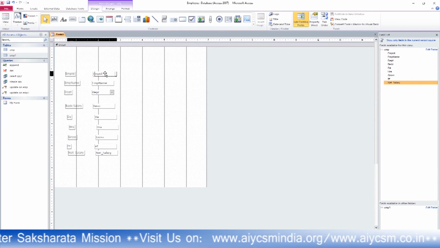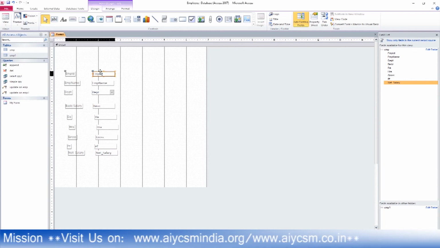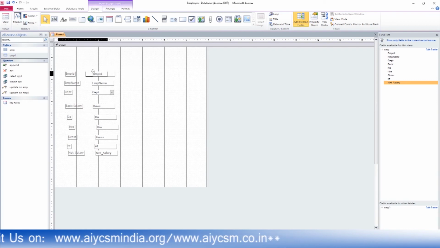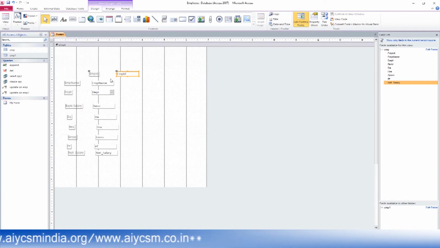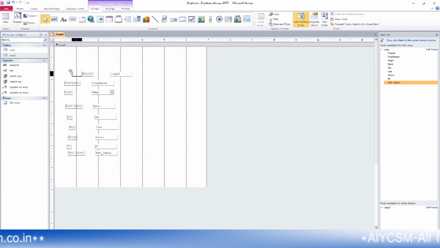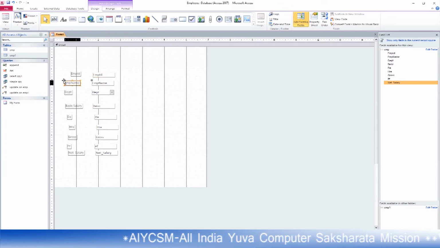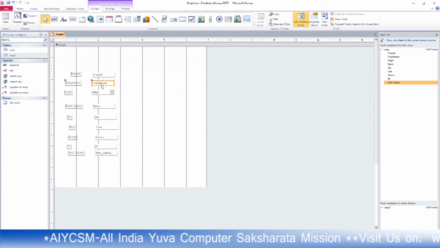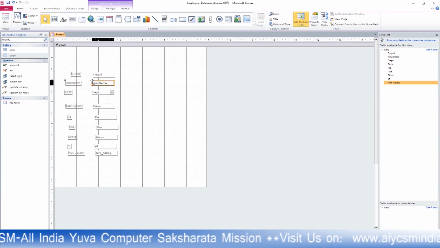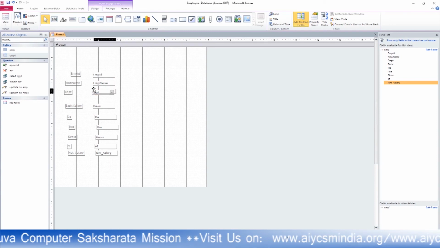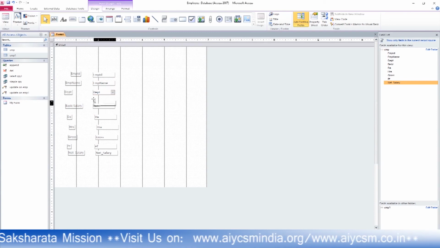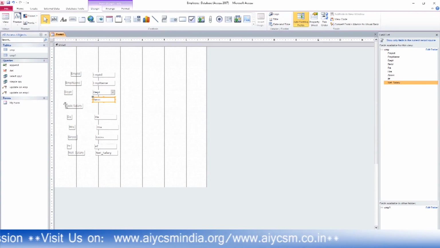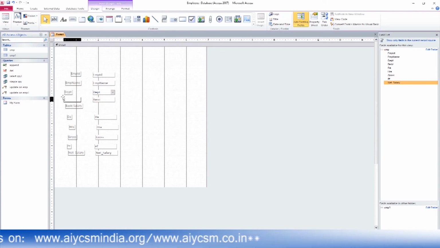Now if you click on any of the fields and drag it like that, then these two fields are dragged. This is the text one and this is the value one. If you click on this one, then these two are moving. If you click from this one, then only this field is moving. Now I click in here and adjust the values. Now I click this one and adjust the value, this one and adjust the value, this one and adjust the value.